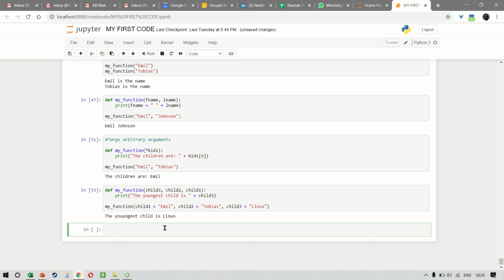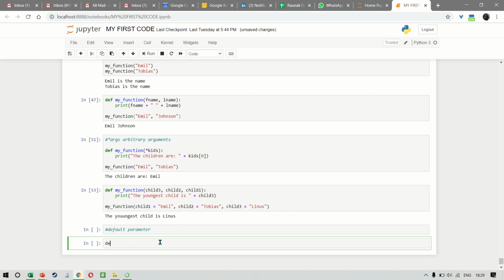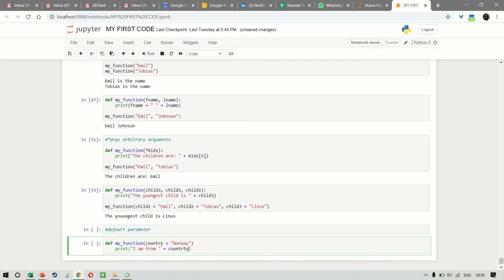Okay, let's see what else I can show you. So you can even have default parameters. So we say my_function, which is country is equal to Norway. So what we're doing is we're taking a default parameter here and we say that print I am from plus the country, like this.